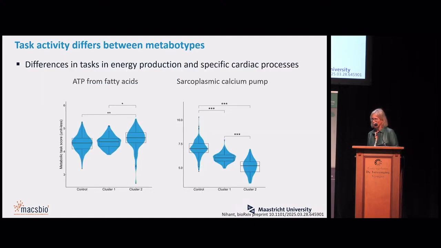We then also compared the individual task activity scores between these metabotypes, and we could clearly see differences in some tasks that could indeed be meaningful for different types of patients with dilated cardiomyopathy. One example here on the right is the sarcoplasmic calcium pump, which is known to deteriorate in dilated cardiomyopathy. And you see that these two patient clusters actually differed quite substantially,